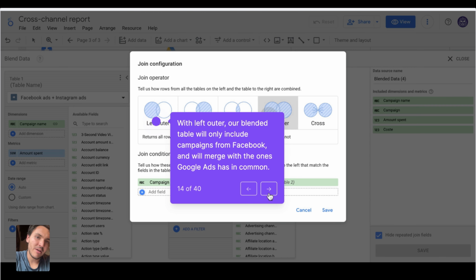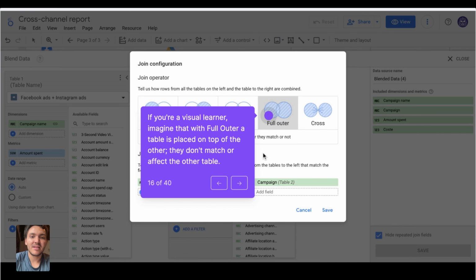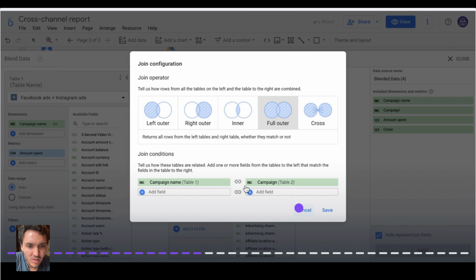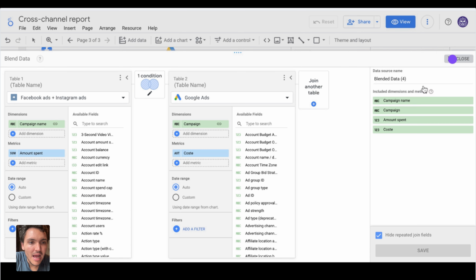If you're not familiar with this, I recommend you our other lessons on data blending, but this is super simple actually. So the full outer combines everything, all the campaigns, regardless if they are the same or not. Imagine, if you are a visual learner, imagine that we put a table on top of the other, and that's the data blending, and that's why the table looks like I just showed you. So I will click on cancel because I don't need to do anything here, click on close, and let's see